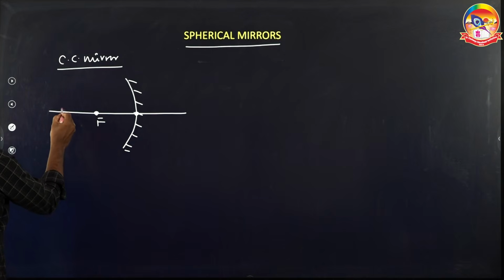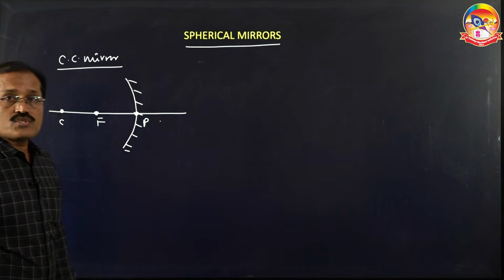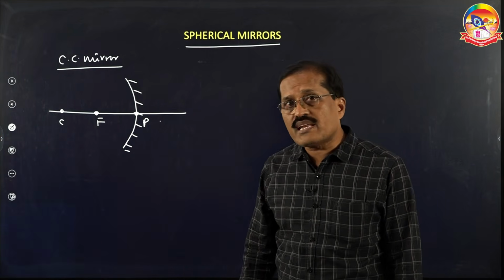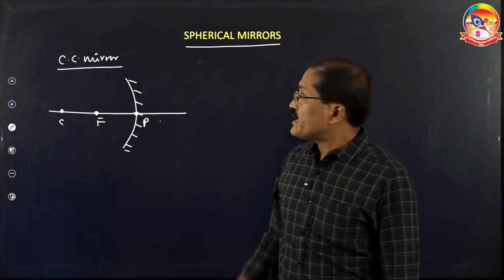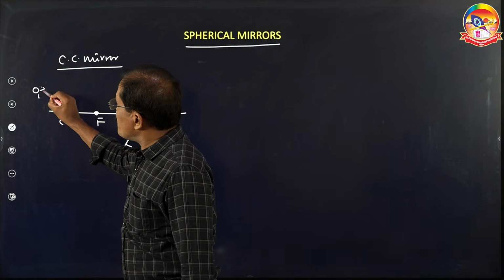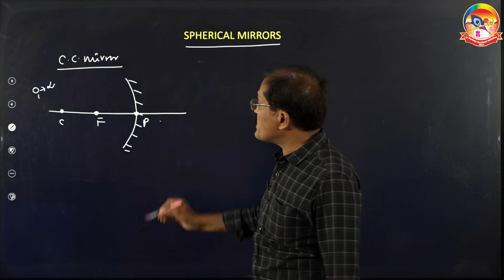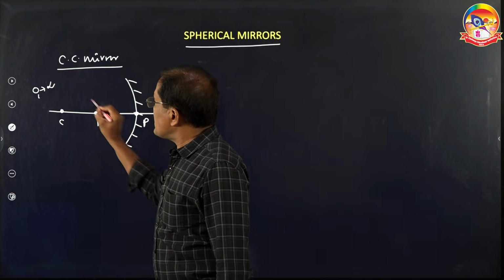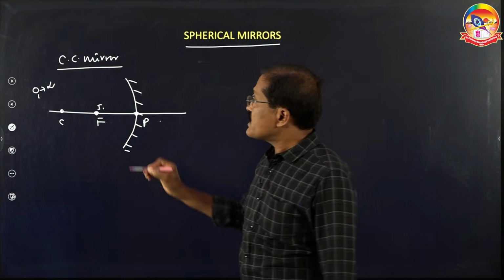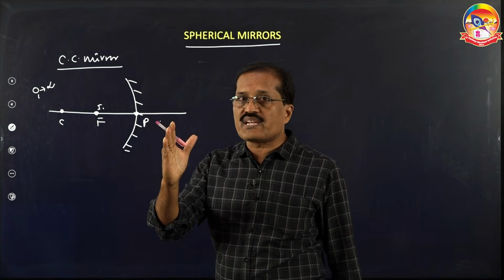This is the focus, this is the center of curvature, this is the pole. A concave mirror can form a real image as well as a virtual image. If the object is at infinity, where will be the image? The image I1 will be at the focus,